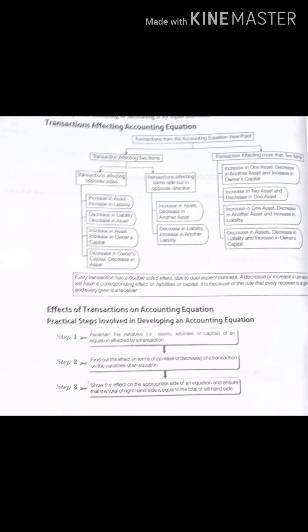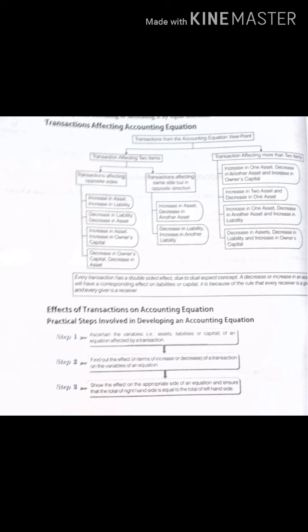Don't worry at all. Down below I have shown you all the examples. I will show you all the examples one by one relating to these transactions affecting the equation. So don't bother right now. Just make a table so that you can relate it. Okay. Now let's understand the effect of transactions. That means practically how we will check.